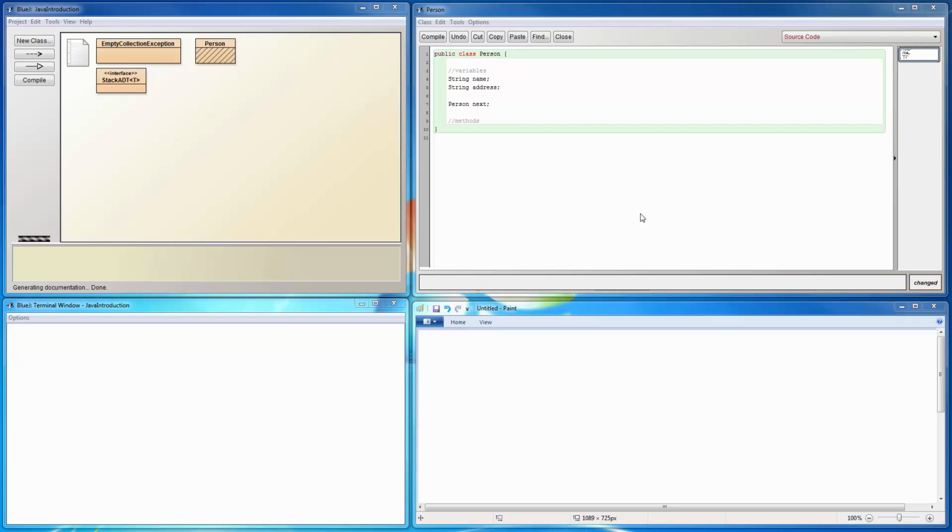In this section, I'm going to introduce 3 common operations we might want to perform on a linked structure: displaying it, adding an element, and removing an element. You'll notice here I'm back in front of BlueJ, and in fact I also have a little paint window open here as well. My plan for this section is to actually go through here and code examples of